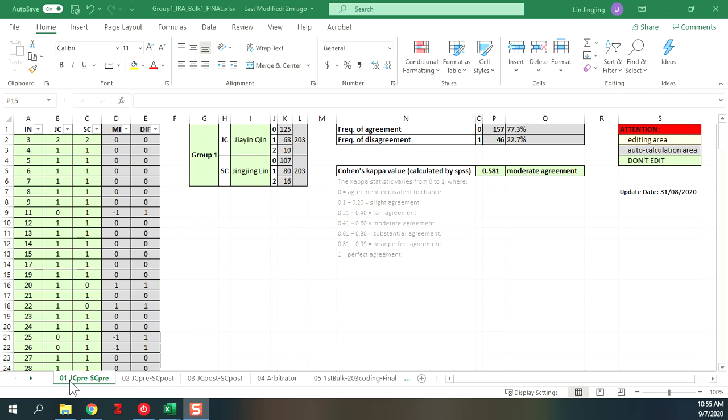That means junior coder pre-coding, senior coder pre-coding. As reflected in the table, you can see the column of JC here, the column of SC here, representing the coding of the junior coder and the coding of a senior coder. For these two